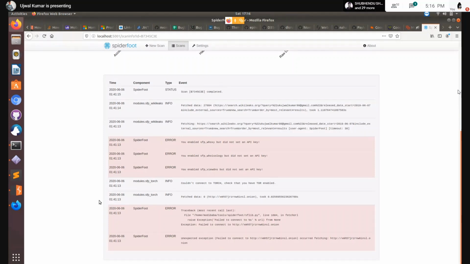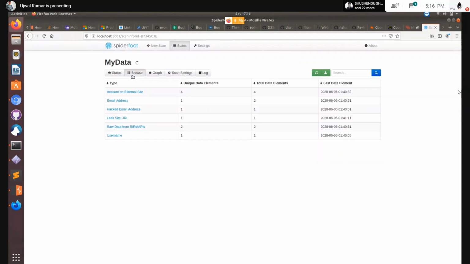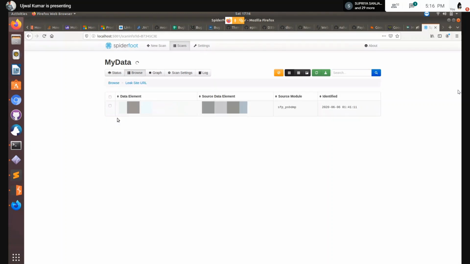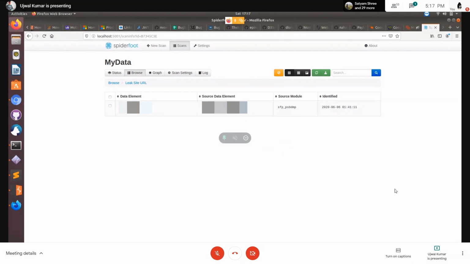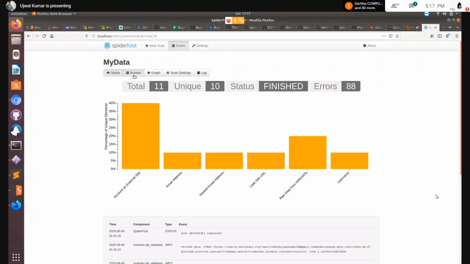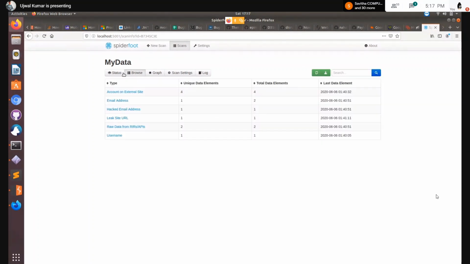If there are any API keys or something related to it, that's shown too. So yeah, this is one leak site URL. So at this particular place, my data has been leaked, right? So you can go to this dump and find my password or something which was leaked. Of course, I need to check that, and I have changed it everywhere, so I don't think I should be caught. And these are the data.